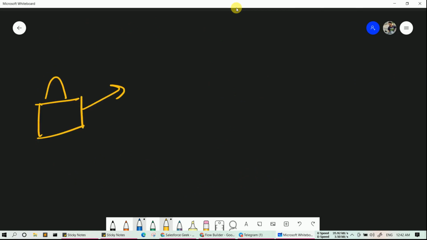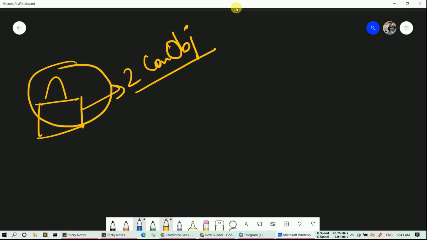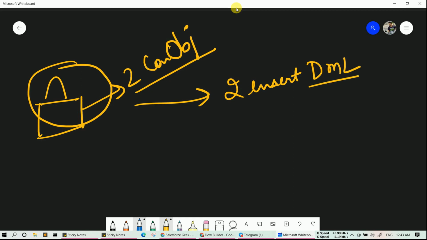Two con obj. Basically these are contact records which are not created yet. So if I did not use this bag, what would I need to do? I would need to insert, basically two DML commands over there.